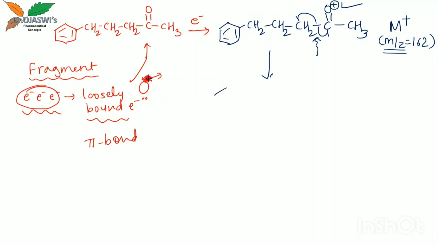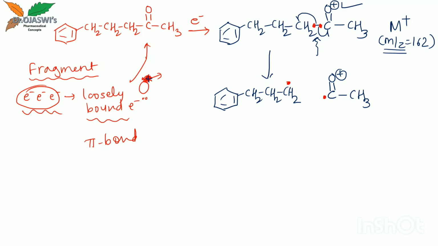If I break this bond, there are two parts of the structure now: CH2 CH2 CH2, and the other part of the structure is this, CH3. This bond was made up of two electrons, one electron from each side. Since this bond has broken by homolytic cleavage, one electron remains with this carbon and the other electron remains with that carbon, since the bond was between carbon and carbon. We have broken this carbon-carbon bond by homolytic cleavage.